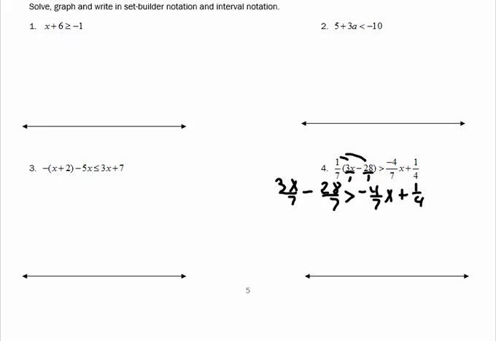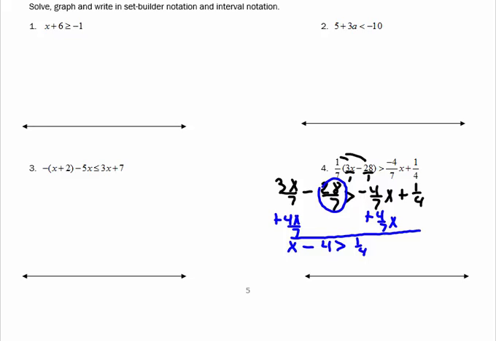At this point, we'll need to get variables on one side and numbers on the other. So we'll add 4/7 x over to this side. As you can see, we have a common denominator. We also know what that number is, so that's going to make it nice. 3x over 7 plus 4x over 7 is 7x over 7, which turns out to be x. Minus 28 divided by 7 is just 4, is greater than, and the only thing we have left on the